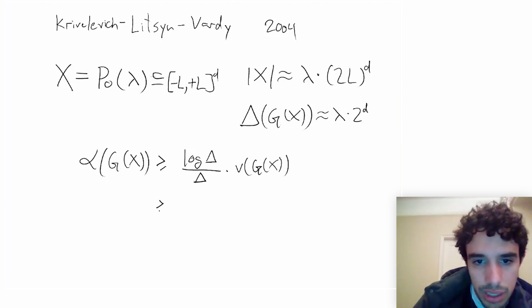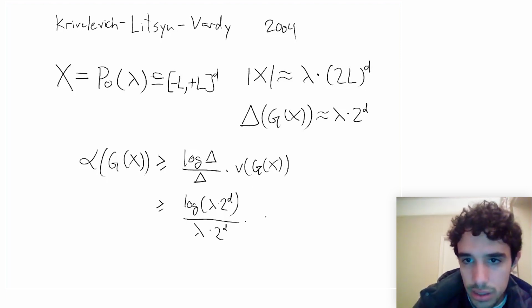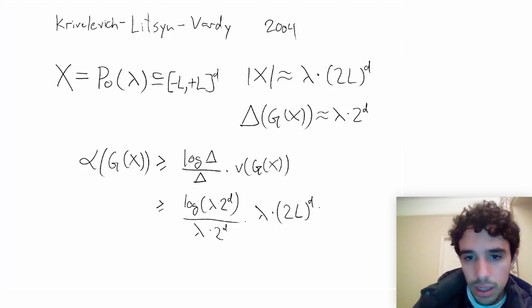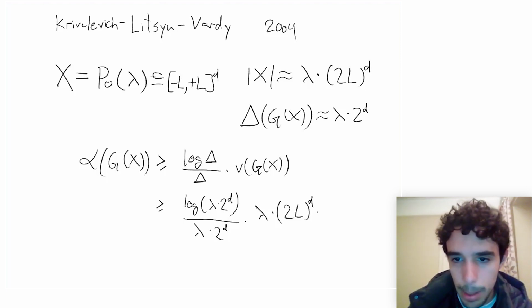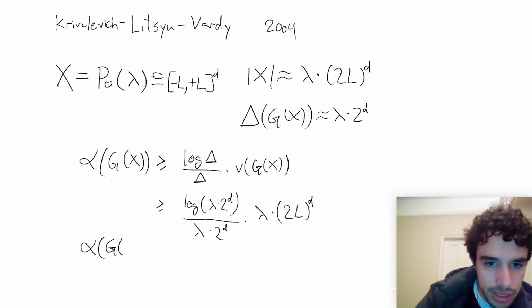So this will be log of lambda times 2 to the d over lambda times 2 to the d times the lambda to the d, which will be like